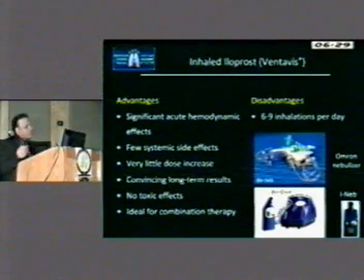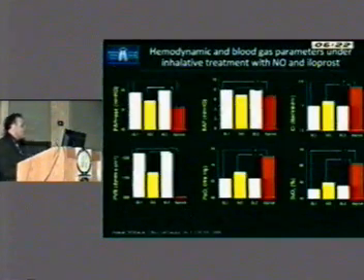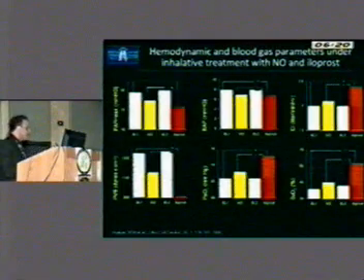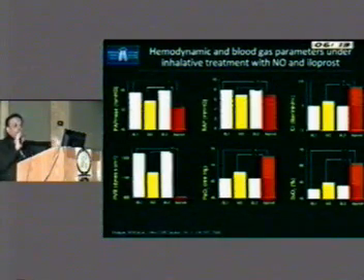The only problem was frequent inhalation, that the patient needs to take 6 to 9 inhalations to maintain the effect of the drug because it is basically short-acting. When you look at the data about the efficacy for the inhaled iloprost, comparing it with the nitric oxide in